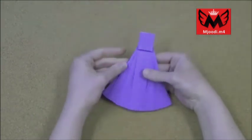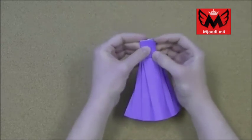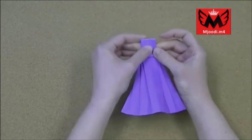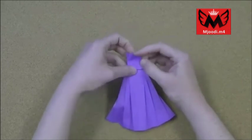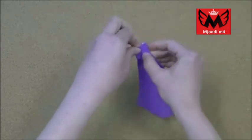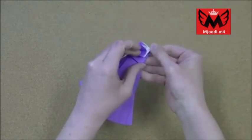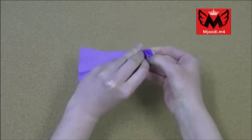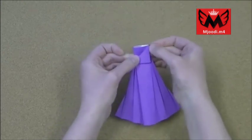Then I'm just going to go ahead and turn it over. And what I want to do up here at the top is find where, if I fold this flap over, it's going to give me the center here. What I want to do is fold this top edge to this outer side. I know it's a little tricky to show you guys, but what we want to do is create a diagonal crease here. Just go ahead and let all the layers come over with you as you do this. I just want to get that crease right there so that I can get a nice diagonal running